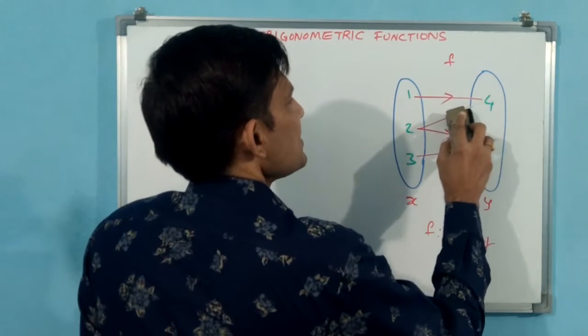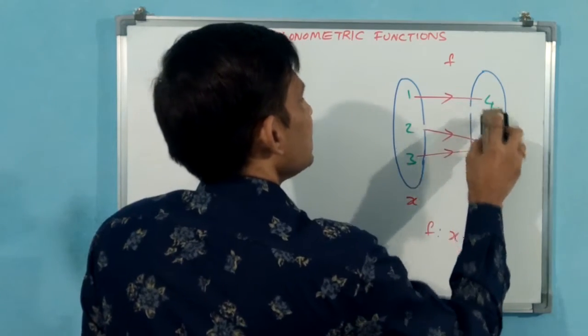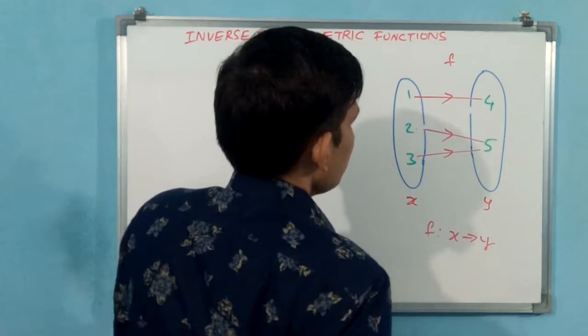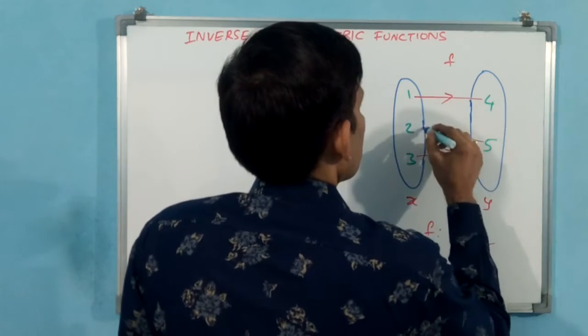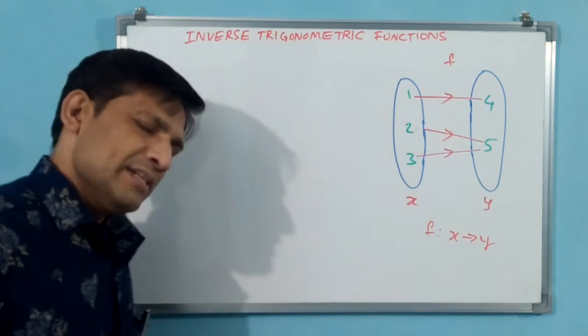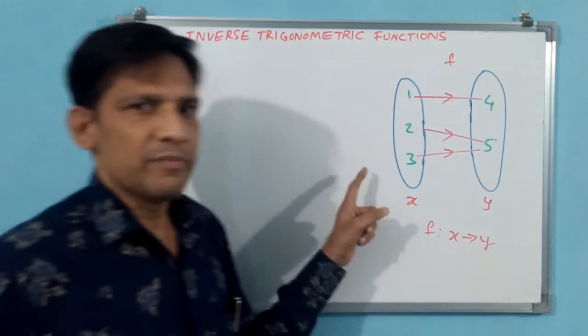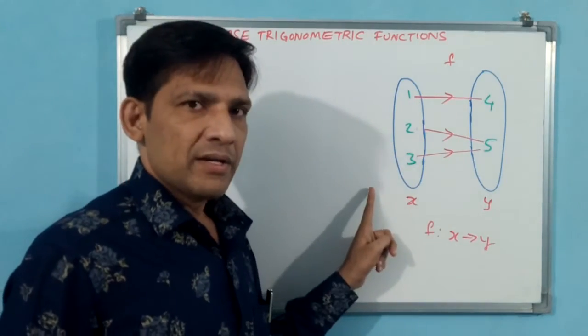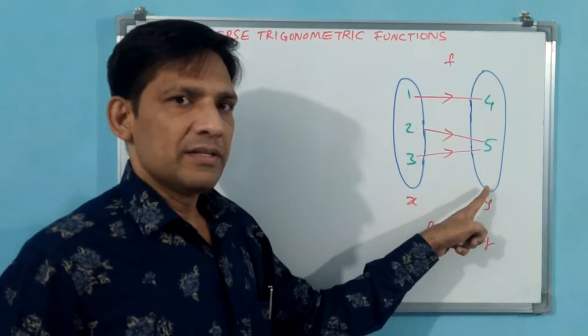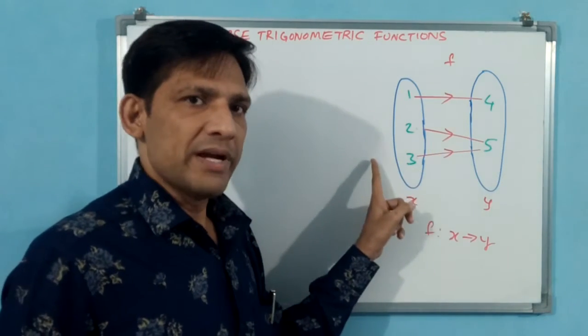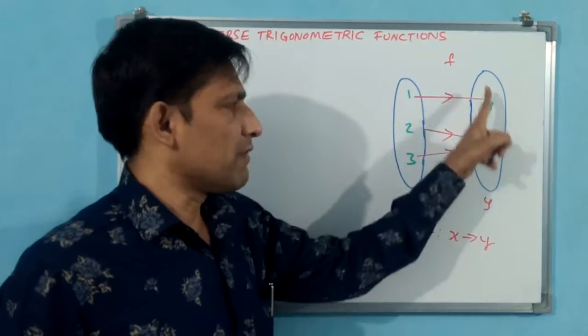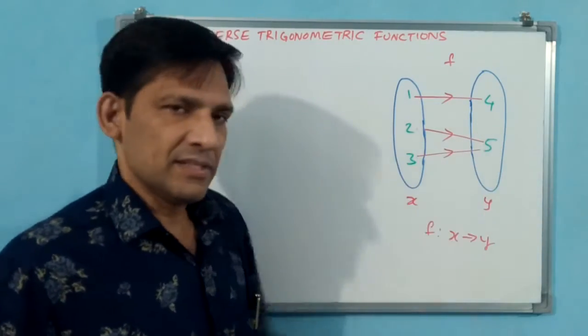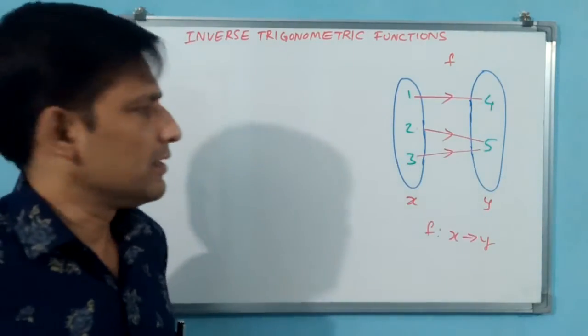Then we have to change this like this. Is it a function now? Then it is a function. Why? Because each and every element from the domain has only one image in the codomain. That is why this is a function. Okay, now